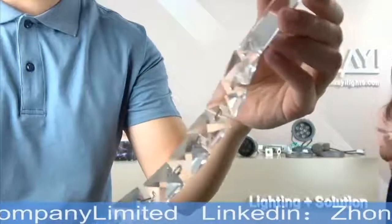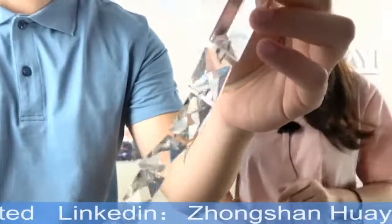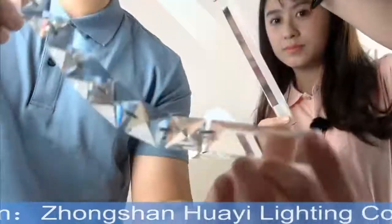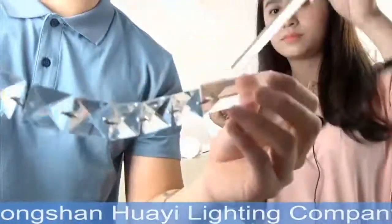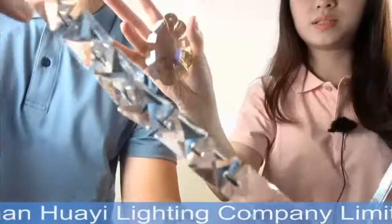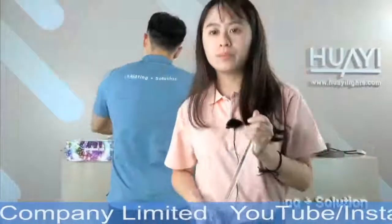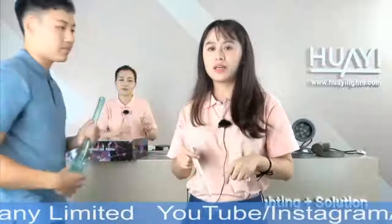So as we can see, this is the crystal made of K9 or K5. This color is clear, but we can customize. We can make it amber or smoky gray. Yes, this is the color amber. Actually, during our customized projects